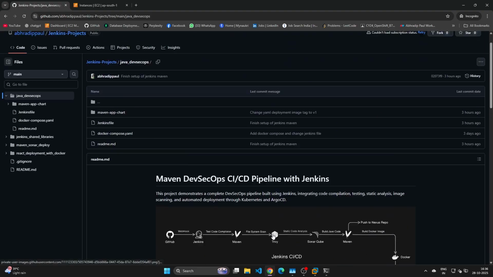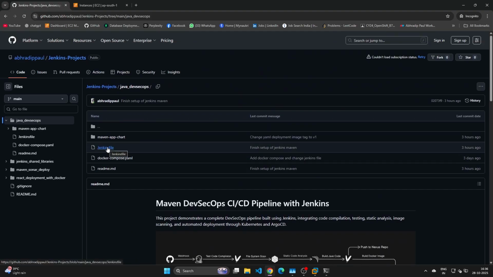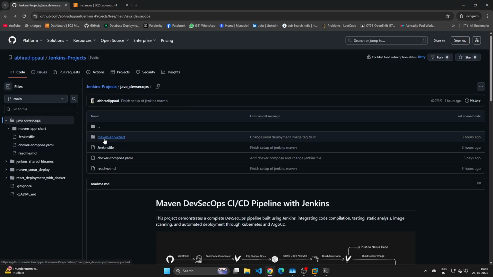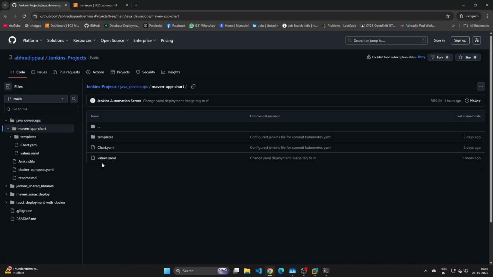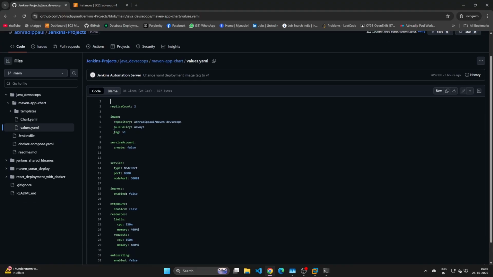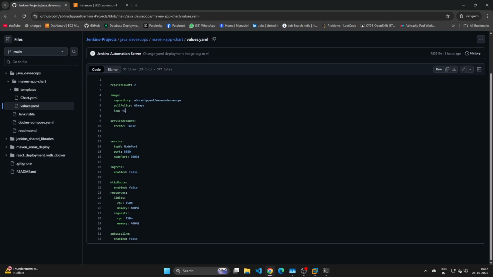So now I can show you the Jenkinsfile for that. So this is actually for the Docker Compose, where I build SonarQube and Nexus, both for the AWS EC2 instance, and this is for the Helm chart. So there are some values where you can see the replica count, and okay, this tag will be changed and committed, then it will be pushed to the GitHub repository. So this thing ArgoCD will watch. Okay, and this is all, and it is exposed on 3001. Okay, and